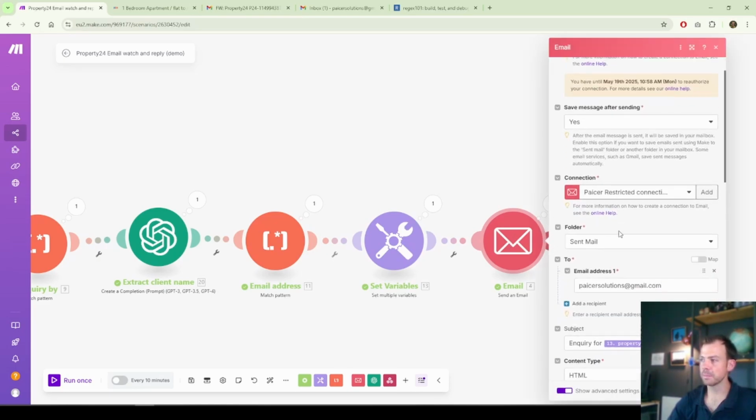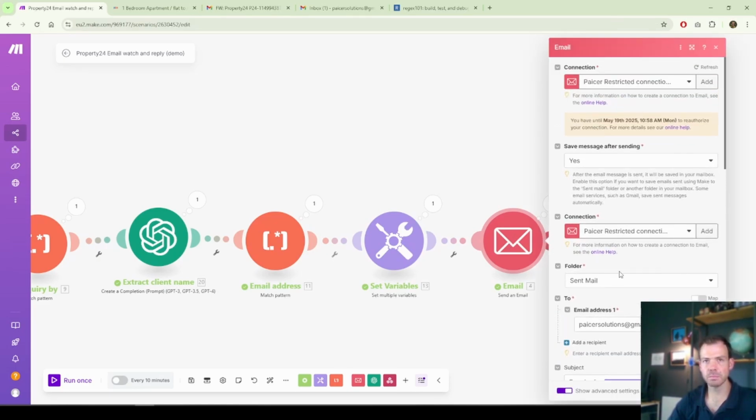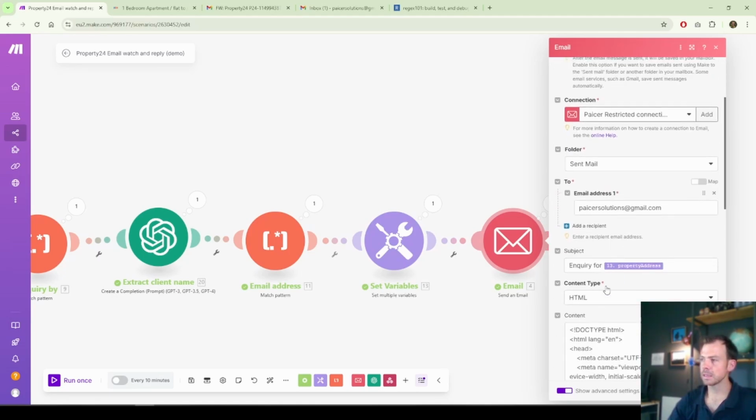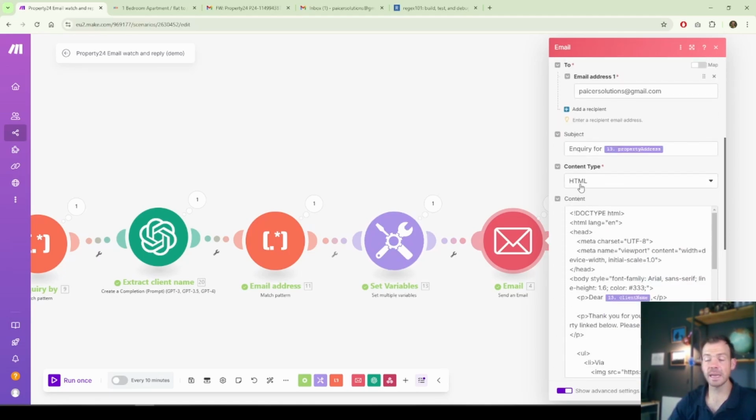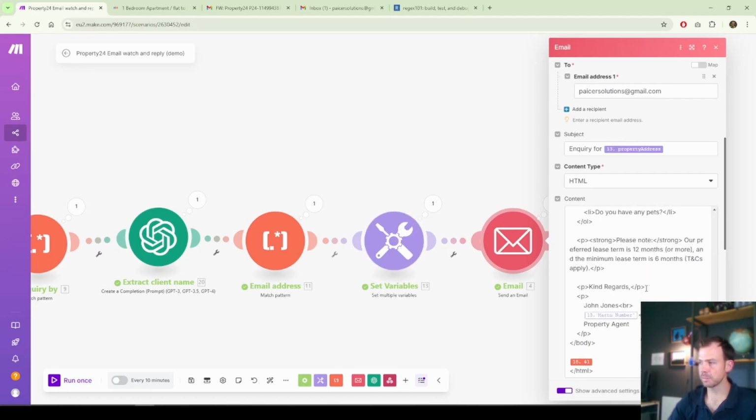So this email, once again, it's set up now on my own demo system. It uses HTML content. So most of the videos that I saw, people use simple text, plain text formatting. And I'll talk now about the problems that I ran into with that. And so I ended up creating HTML content, which has a fairly strict format, but I add things like the client name in there, and at the bottom, the number of the agent, which I also saved as a variable. And here, way at the bottom, I have that Property 24 banner is actually put in there